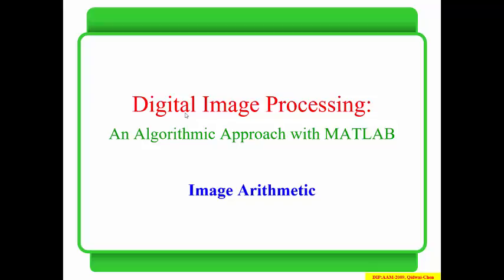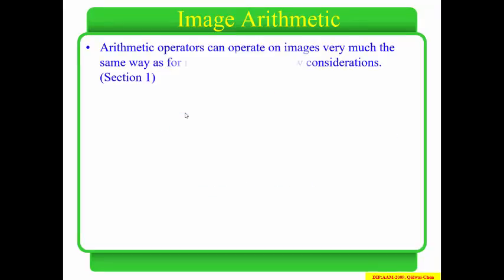So maybe this chapter and the chapter that comes afterwards, which is about the logic operations as well as affine transformations, both of these two chapters actually depend on some linear operations that we can do in these images. Okay, they are very simple, but we need to understand how things are done. So, to do the image arithmetic, actually we need arithmetic operators that can operate